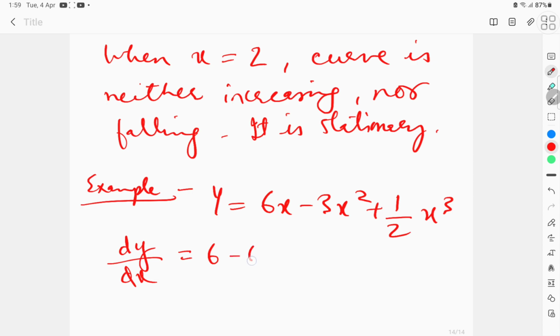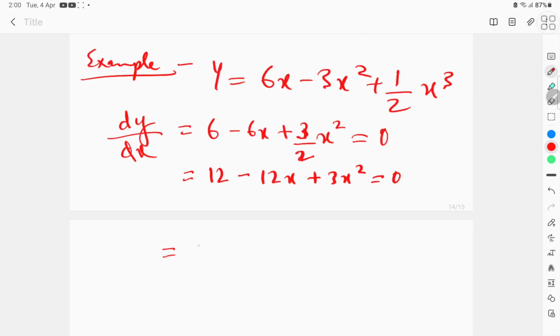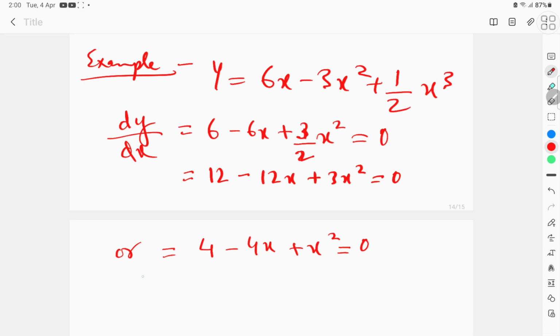It will be 6 minus 6x plus 3 divided by 2x square, because 1 by 2, this it will be 0. Assume it as equal to 0. When we remove this 2, 6 into 2 is 12 minus 12x plus 3x square is equal to 0. We can take 3 common and write it as 4 minus 4x plus x square is equal to 0. So using the quadratic formula,